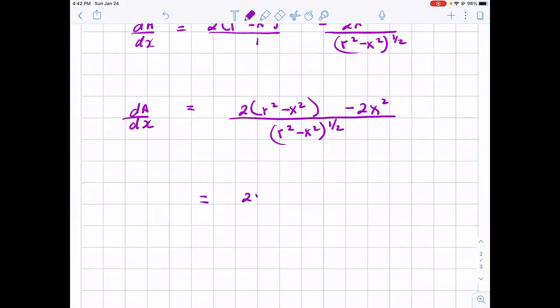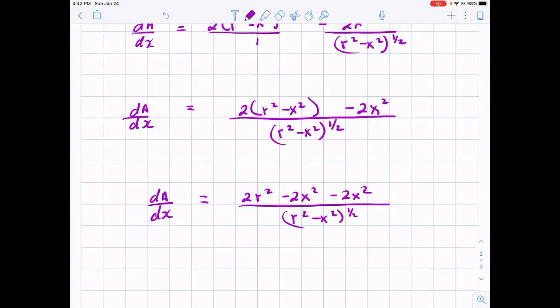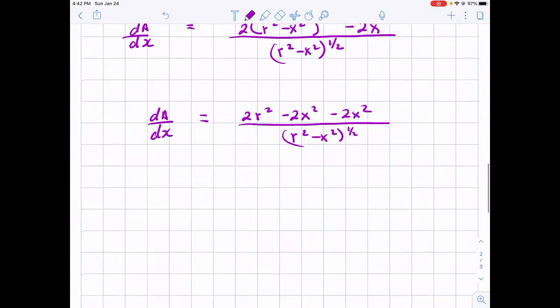Simplifying even further, we have 2r squared minus 2x squared minus 2x squared over the square root of r squared minus x squared, to the 1/2 power. That's dA/dx. Now I can set that equal to 0. So we have 2r squared minus 4x squared over the square root of r squared minus x squared, and that is equal to 0. So if we cross multiply now,